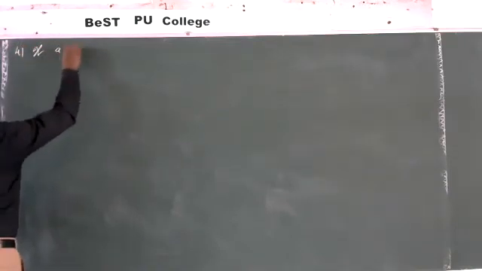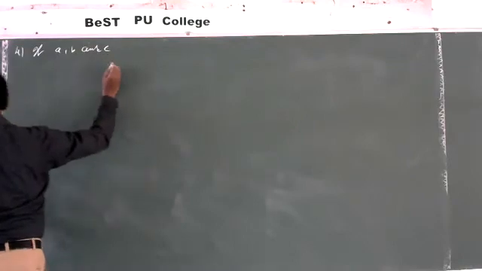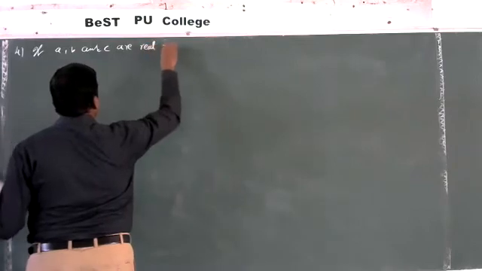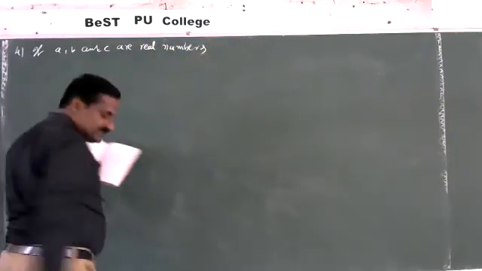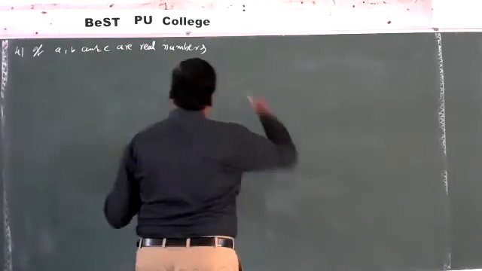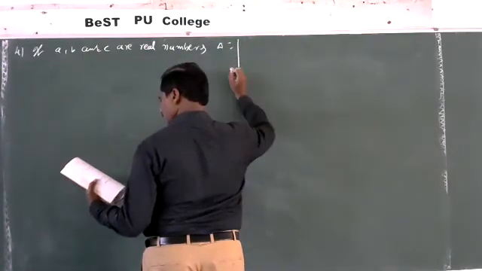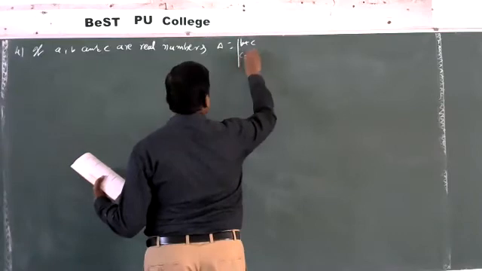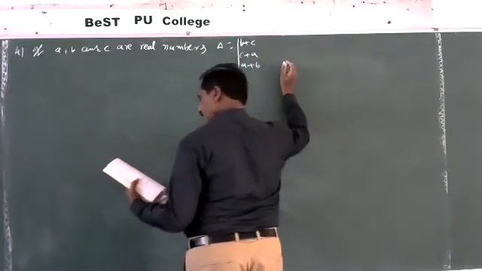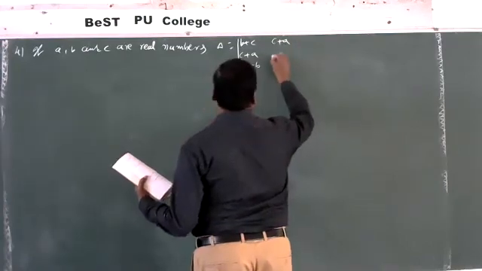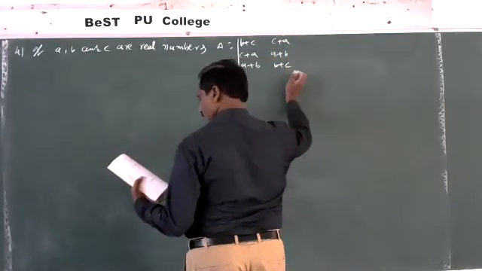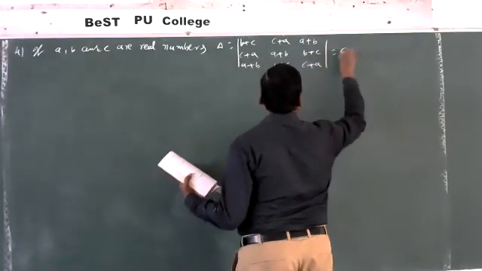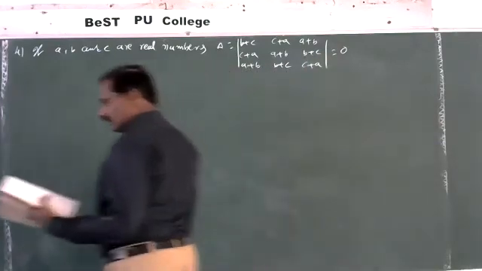If a, b and c are real numbers, and delta equals the determinant of b plus c, c plus a, a plus b; c plus a, a plus b, b plus c; a plus b, b plus c, c plus a, equal to 0. Show that